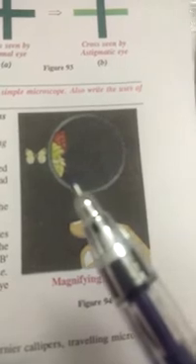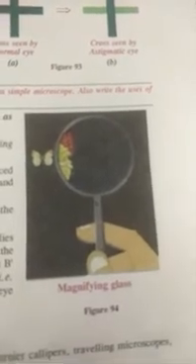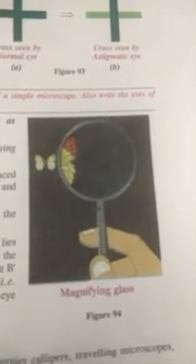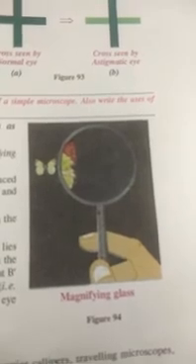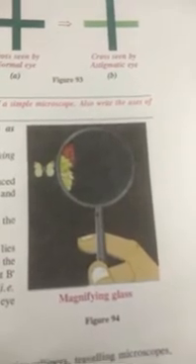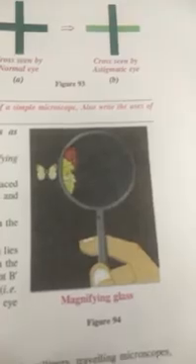So what is simple microscope? It's simply a magnifying glass, that is a simple convex lens of small focal length. If the objects are very small, we put the magnifying glass near to it and we get its virtual, magnified and erect image. Actually, the object is placed between the focus and the optical center of the convex lens and we get its erect, virtual and magnified image.